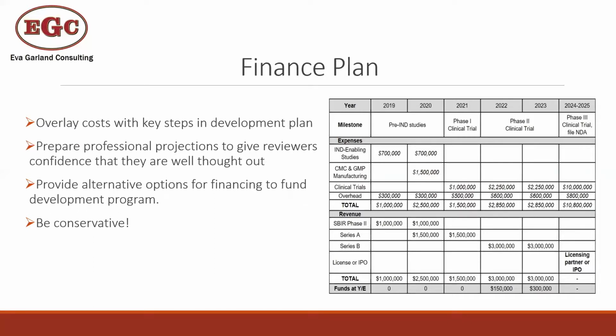And always have a plan B. You can list that you're going to get it from additional grants, or you're going to have investors come in, but always have a couple in place, such as a Series B or whatever round you're on to get some financing in, and maybe also a Phase 2B grant or something like that, to show that all your eggs aren't in one basket when it comes to getting money. And importantly, be conservative about your estimates of what you're putting out there, and also where you think you can get the money.